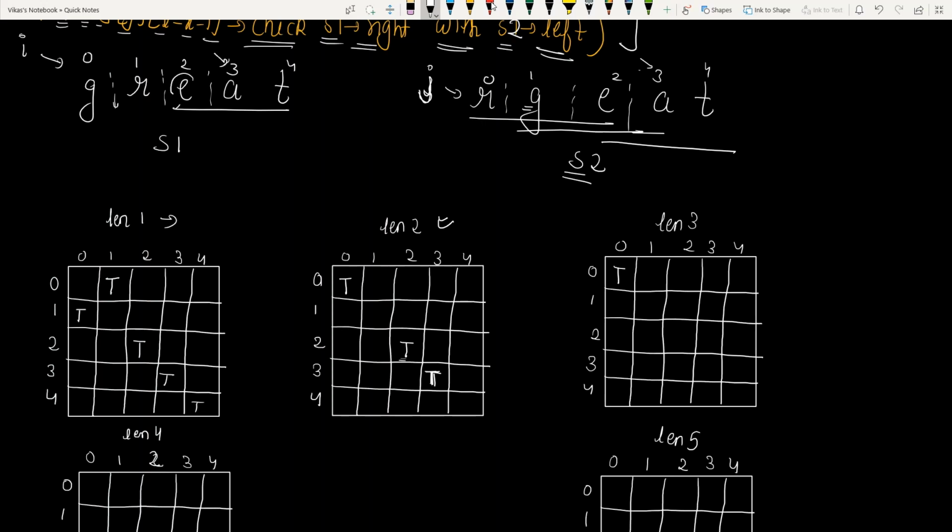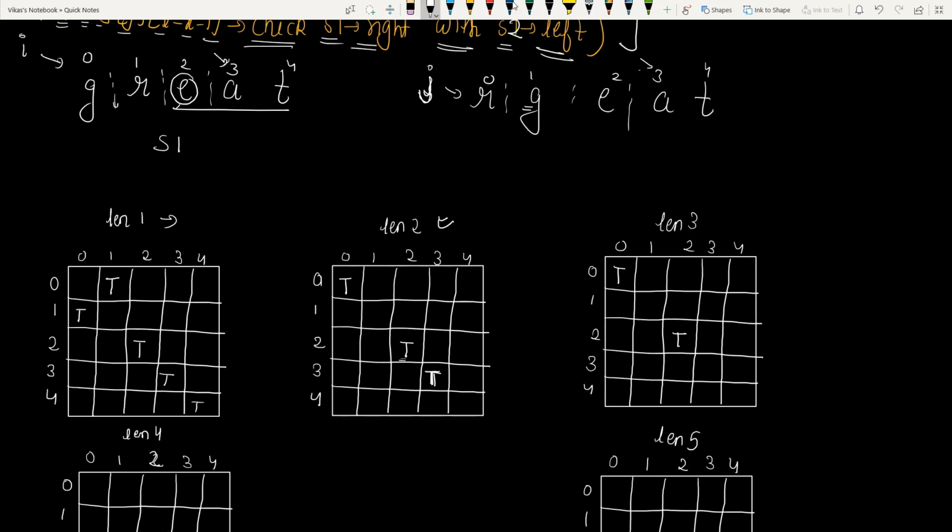So S1's left is equivalent to S2's left, and S1's right is equivalent to S2's right. So for i equals 2, j equals 2 and length equals 3, we are going to put true here. Now we have done our work for 3. Now we are going to take the string of length 4.